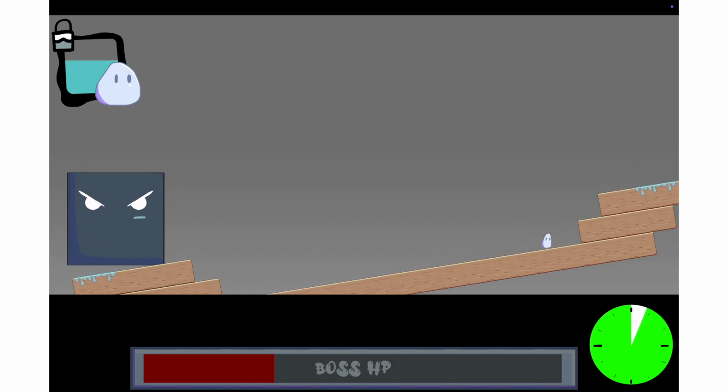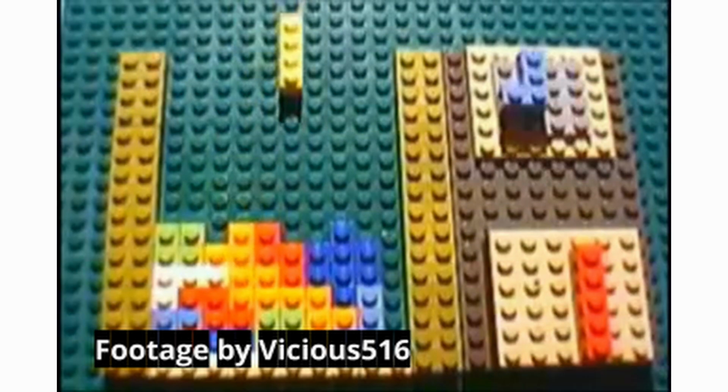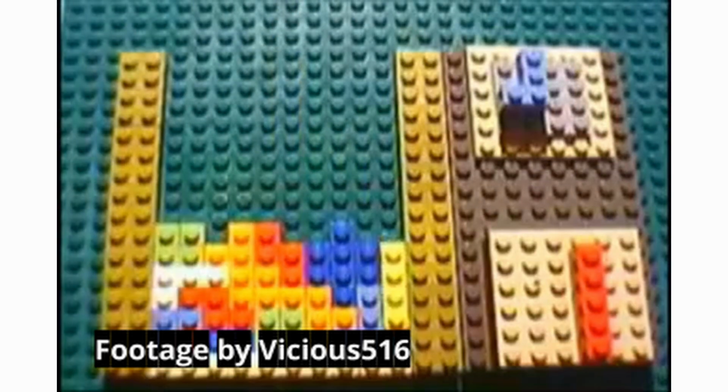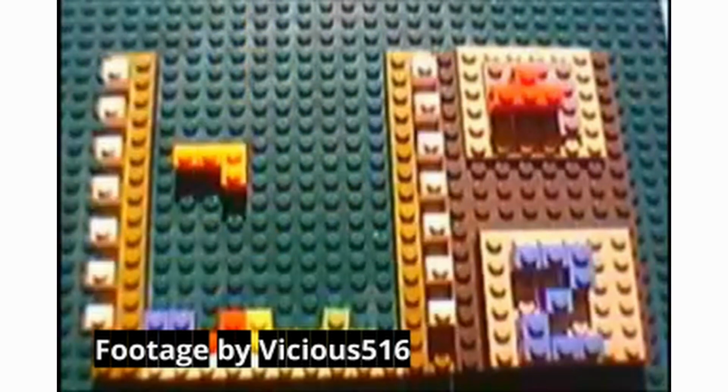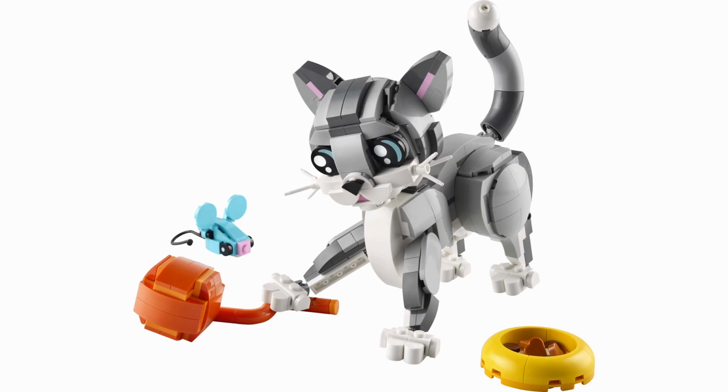Speaking of which, game development, or even just programming in general, is a lot like building with Legos. Or rather, it's like making instructions to build with Legos for your computer. So, imagine you're building a cat. Just a simple cat. You can assume that all 4 legs are going to look the same and be built